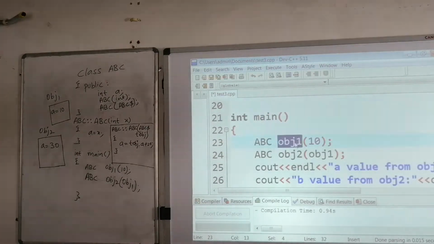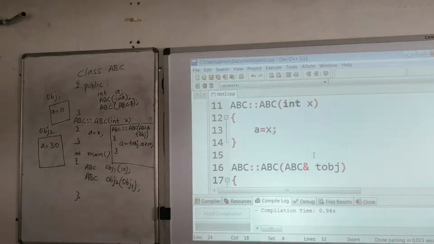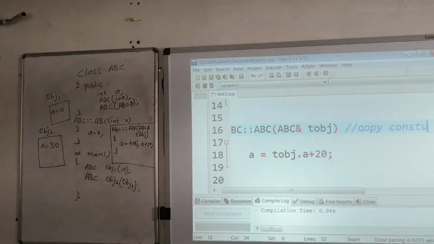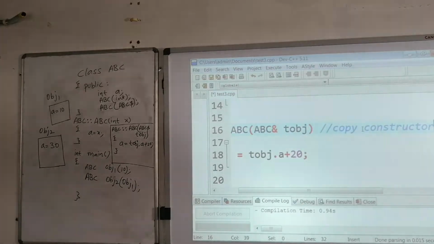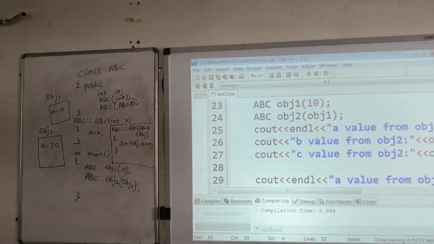Clear? Because you are passing this OBJ1 over here, the suitable constructor will get invoked. That is nothing but the copy constructor. Where is that copy constructor? Here. This one is your copy constructor. So this TOBJ will become alias to OBJ1.